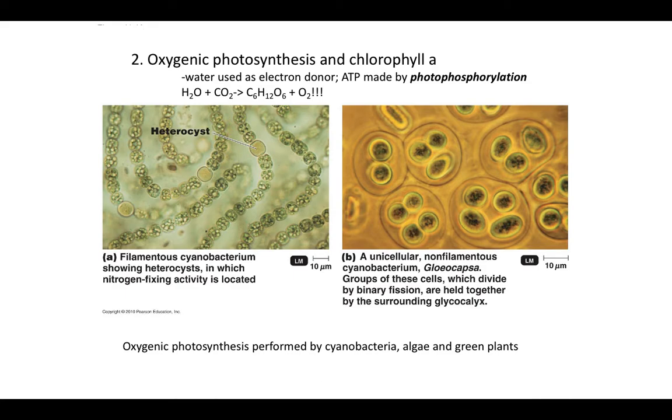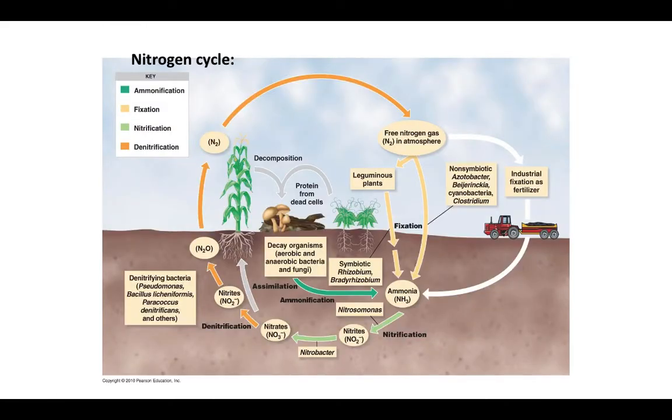And then we said with the further evolution of chlorophyll A, this is what permitted oxygenic photosynthesis, in which water acts as electron donor. In the presence of light and chlorophyll A, electrons are energized, donated to CO2, making organic molecules like glucose, rich in chemical energy. So again, we've converted light energy to chemical energy, which is so amazing. And the reason it's called oxygenic is when we oxidize water, we end up with molecular oxygen. And so this is the process that permitted Earth's atmosphere to be converted from anaerobic to aerobic, which is pretty amazing stuff. The nitrogen cycle, again, you guys,